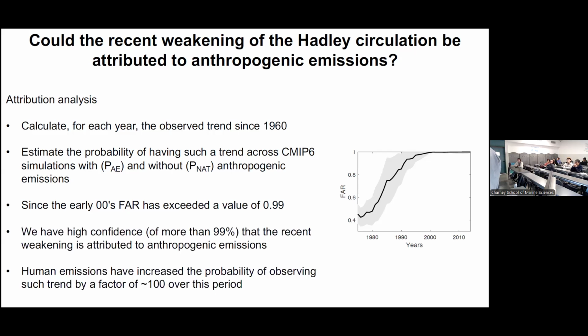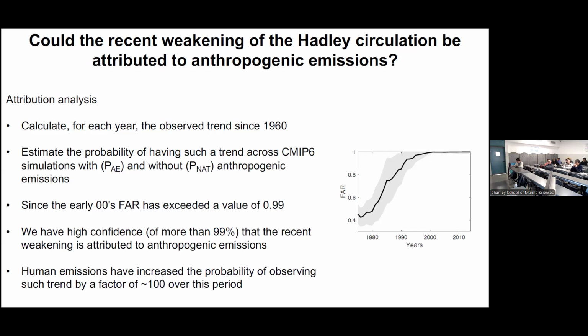In other words, as we said before, human activity increased the probability of seeing such a trend by a factor of 100 over this period. So we're able to attribute this with high confidence to anthropogenic emissions. Cool. So now that we know that anthropogenic emissions have been weakening the circulation, can we use this knowledge of